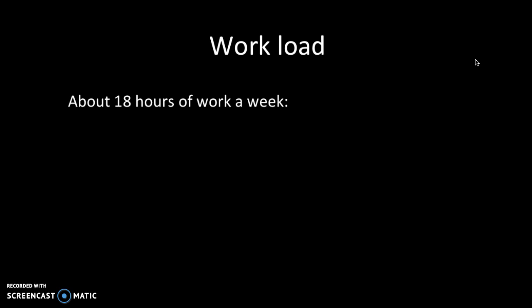Like a regular college class, you should expect to spend about 3 hours a week preparing for every 1 hour of class time. When you compress that into an 8-week summer course and the work is online, that amounts to about 18 hours a week minimum. It might take you more if you read slowly or if you're shooting for an A in the course. So that's what you should plan for.